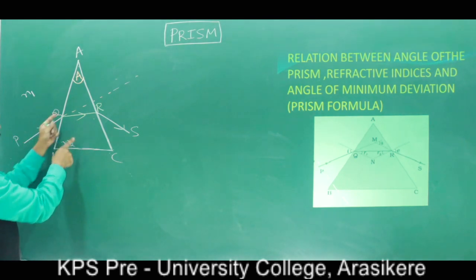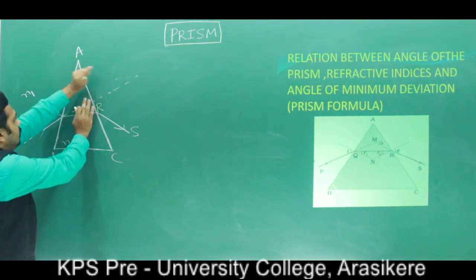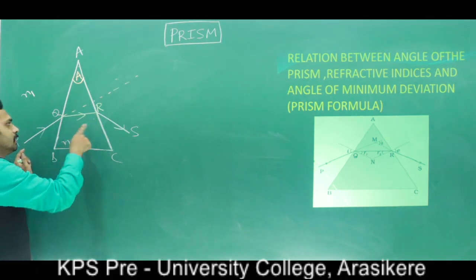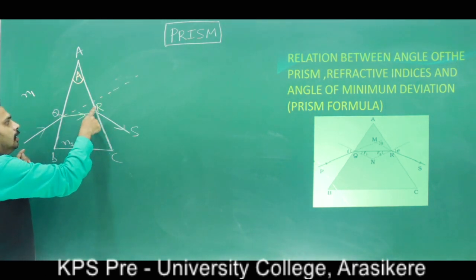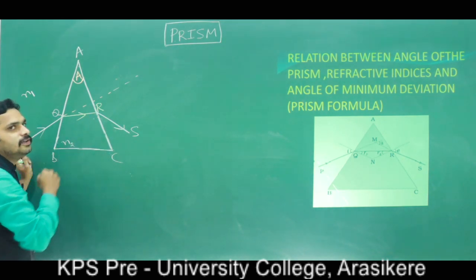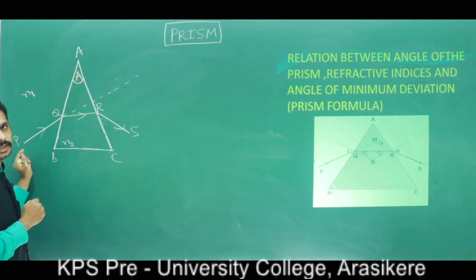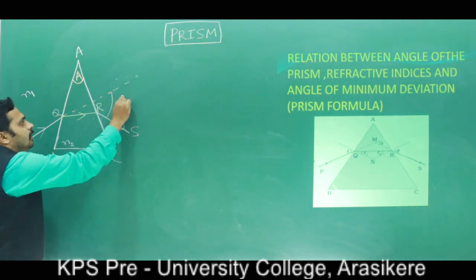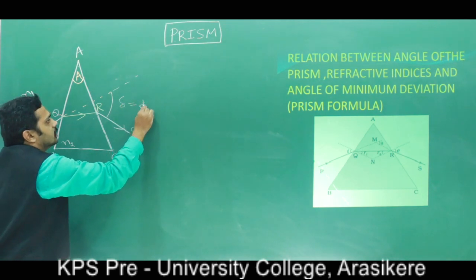ನೋಡಿ, in the absence of the prism, ಈ prism ಇಲ್ಲ ಅಂದಿದ್ರೆ the ray must go in this direction. But in the presence of the prism, the path of the light changes, or the ray of light deviates. ನೋಡಿ ಇಲ್ಲಿ ಬರಬೇಕಾಗಿದ್ದು ಇಲ್ಲಿ ಬಂದಿದೆ. You got it? Now this is the angle of deviation, total deviation.